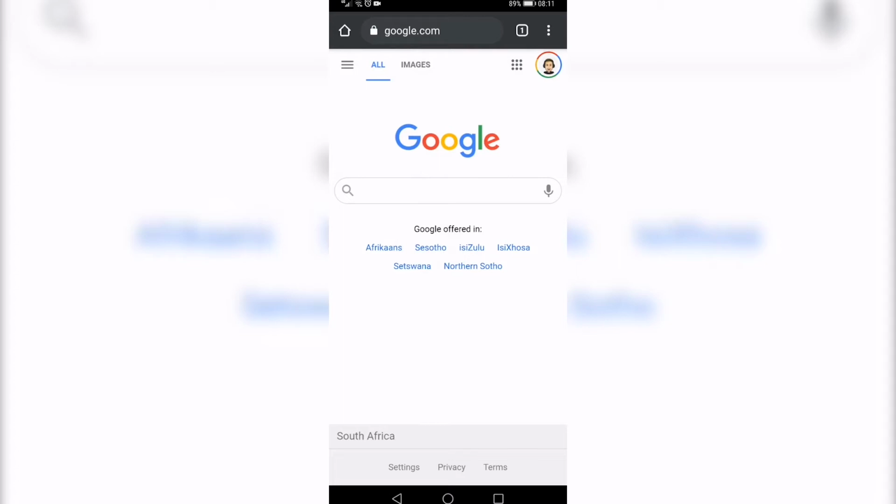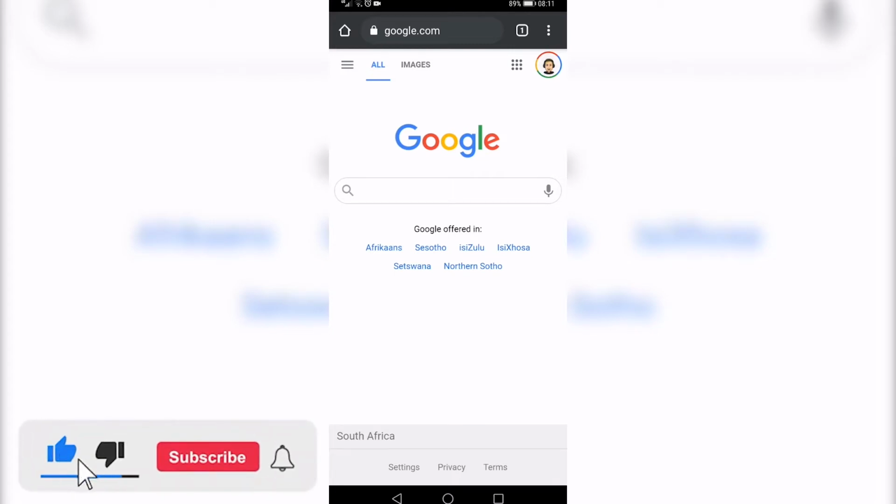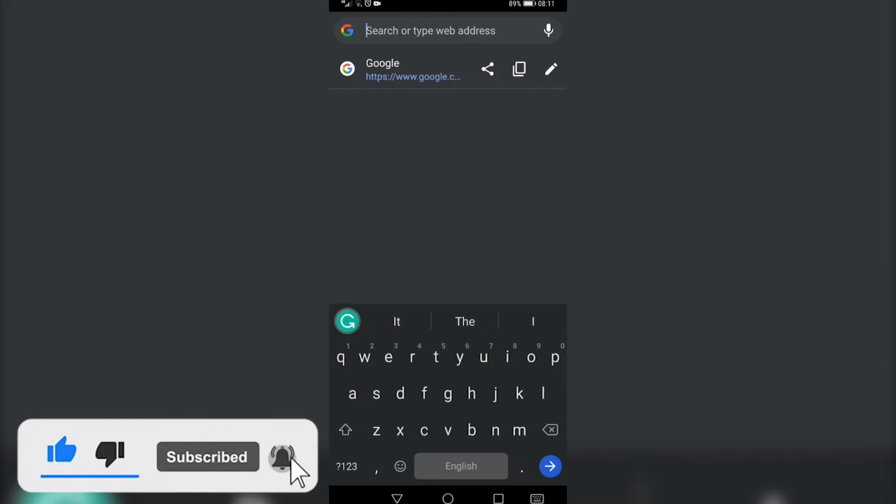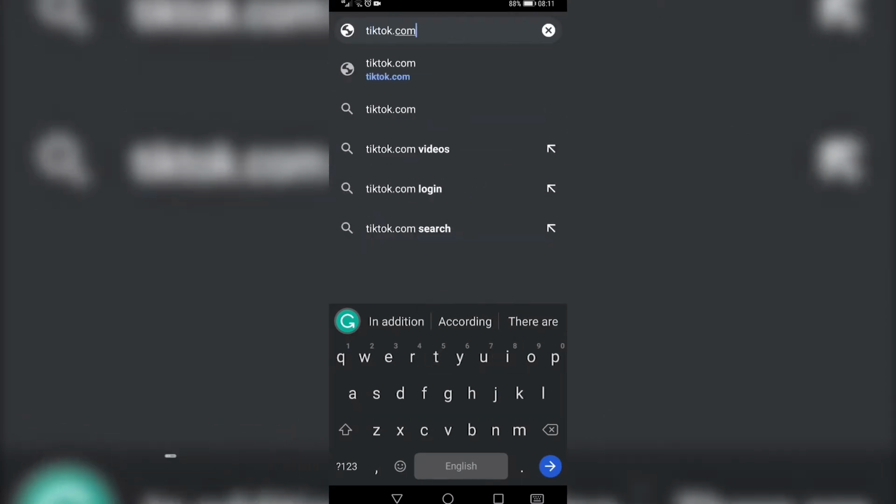In this video, I'm going to be showing you how you can watch TikToks without an account. Okay, so if you don't have the app installed on your phone and you don't have an account, you can still watch TikToks. And to do it, you go to a browser on your phone. I'm on Google Chrome, and then in the search bar, you just want to type in tiktok.com, tap on search,